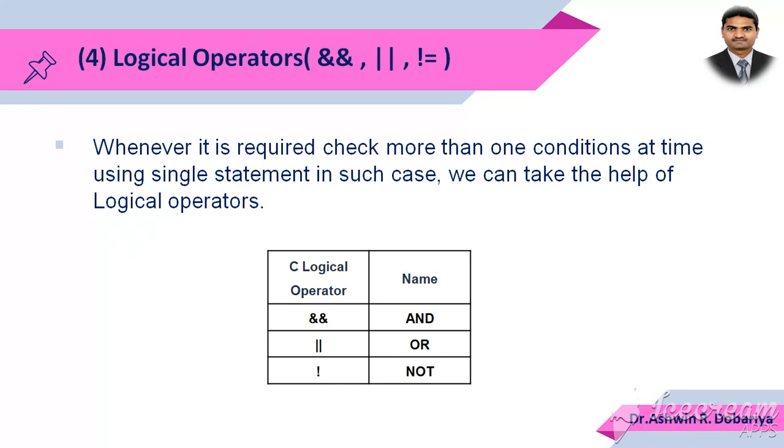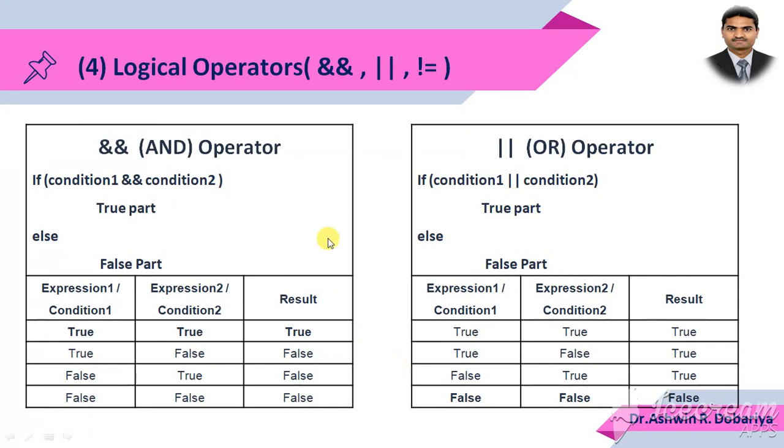So whenever you want to check multiple conditions, in real life also we use logical operators: AND, OR. There are 3 logical operators: double ampersand, AND; double pipe sign, OR; and the third, an exclamation mark, known as NOT. Now if we talk about the AND operator,